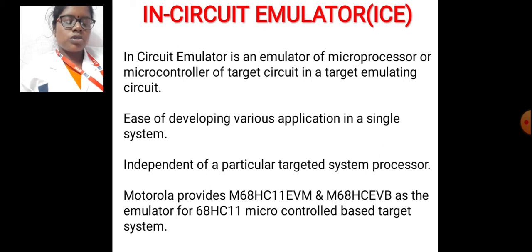Development. There are two types of emulators: the in-circuit emulator, which emulates the microprocessor, and the ROM emulator, which emulates the ROM. The in-circuit emulator is used to debug the software of an embedded system. It operates by using a processor with the additional ability to support debugging operations as well as to carry out the main function of the system.